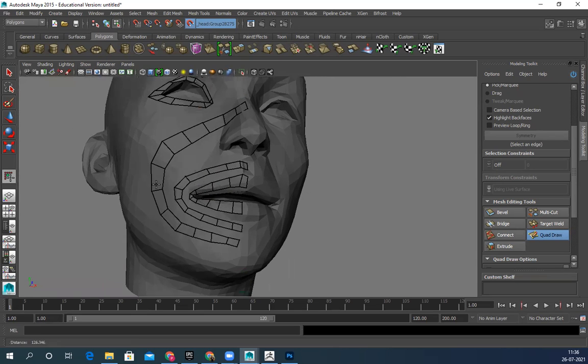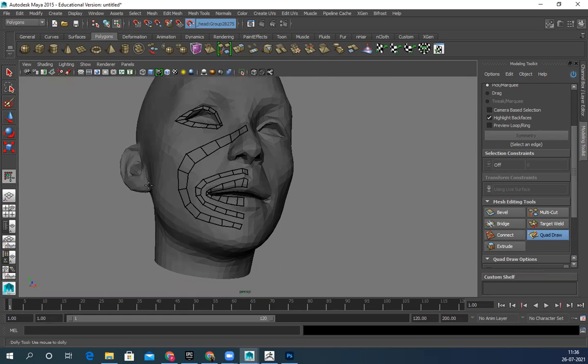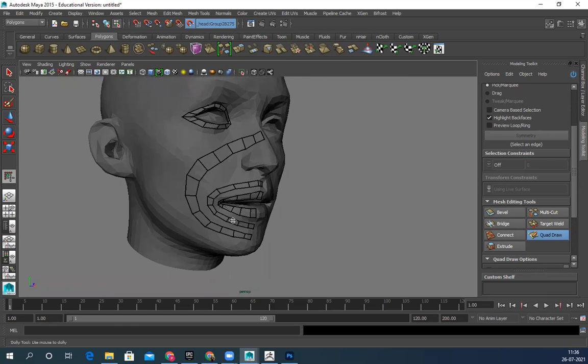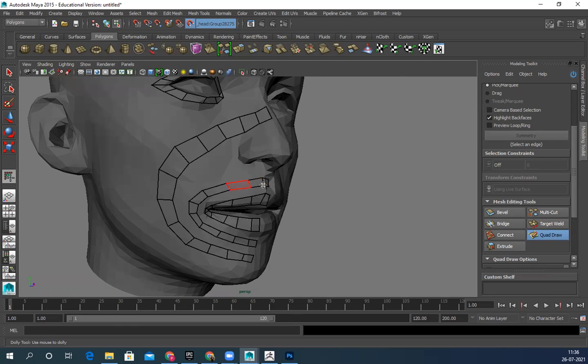So that's why you create this. Every loop has a reason behind it. If you open the mouth, it will stretch the upper lip, and if you move the jaw, it will affect your cheek also. If you squeeze your nose, it will affect your cheeks and lips, all these areas. So that's why we create these loops.